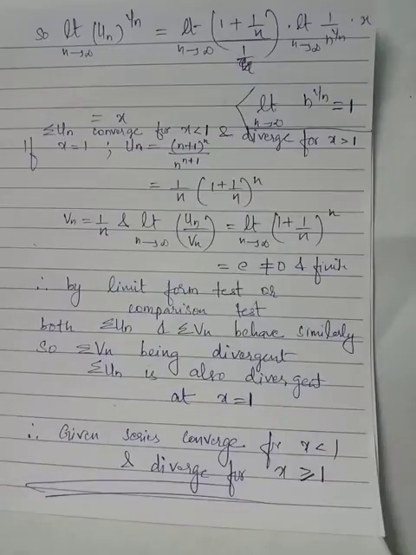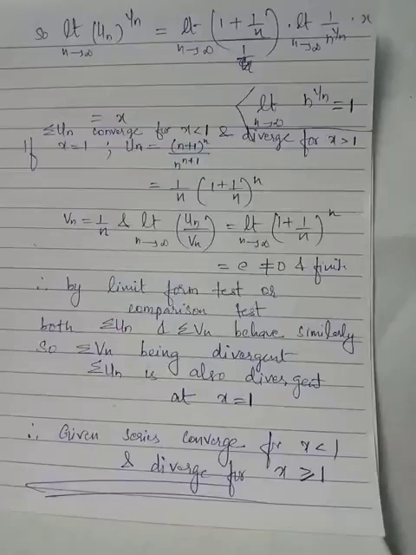Now, if x is less than 1, as per Cauchy's root test, the given series shall converge. And if x is greater than 1, as per Cauchy's root test, the given series will diverge. However, at x equal to 1, we cannot depend on Cauchy's root test, because Cauchy's root test cannot arrive at a conclusion when x equal to 1. Therefore, we have to depend on some other test like the limit comparison test or Raabe's test, etc., to investigate the behavior of the given series at x equals 1.